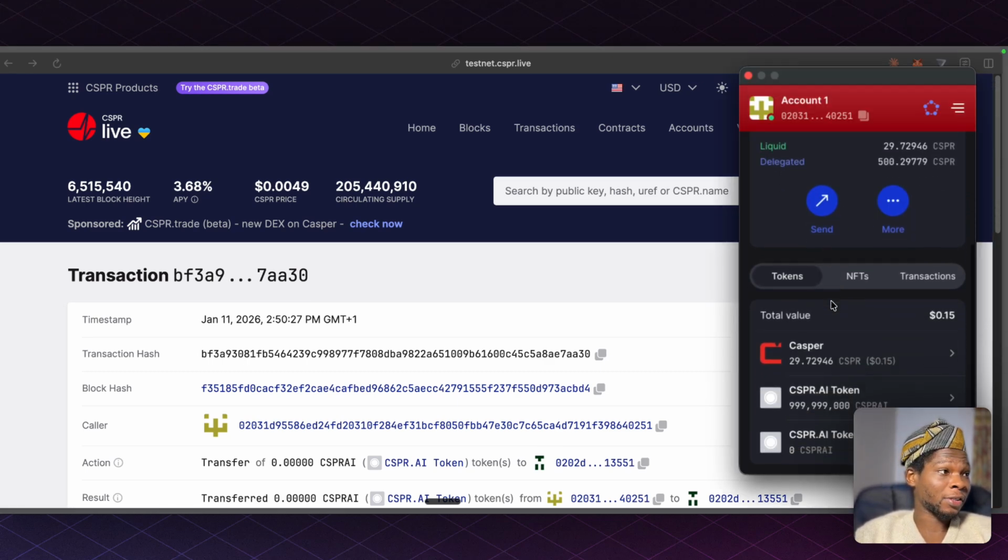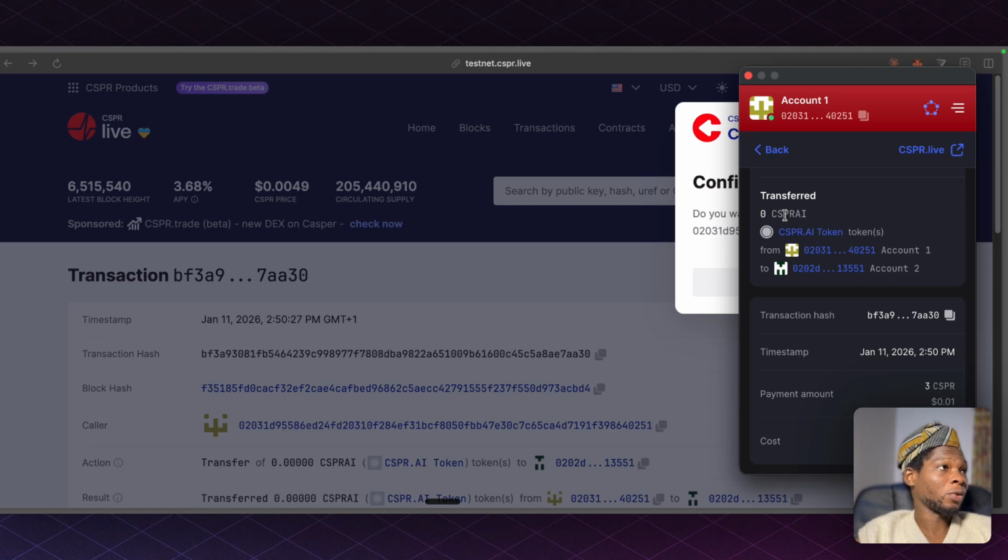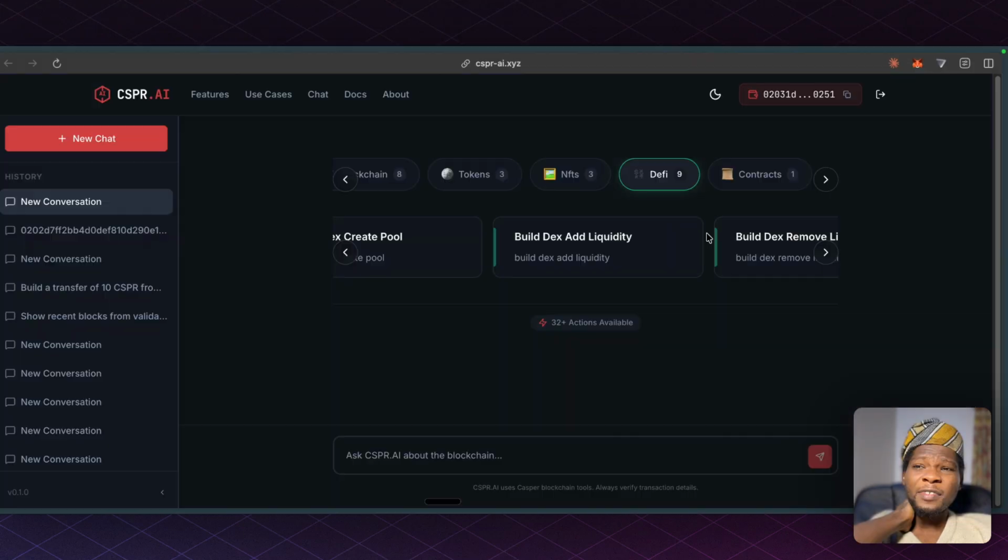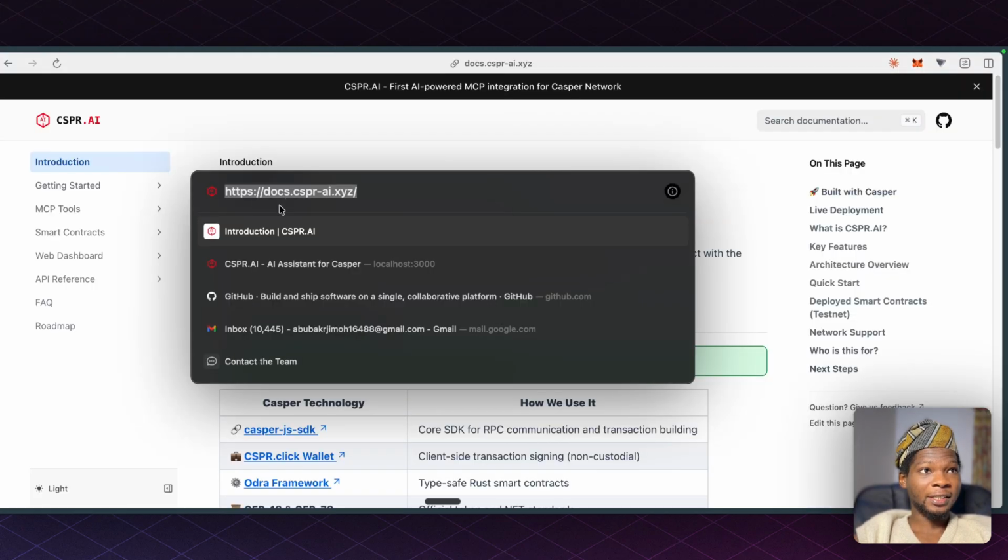None of these are actually marked. You can see in my wallet in here, we actually did a token transfer, CSPR here. Even as much as NFT, DeFi, and DAO. To get more information about this, you can visit our docs page at